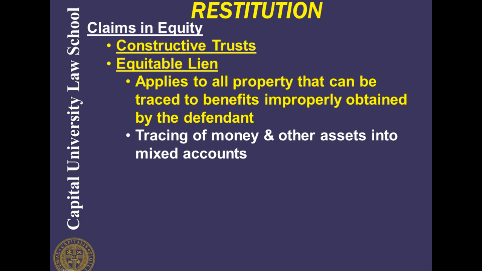And this you can see, for example, if the defendant converts $25,000 that rightfully belongs to the plaintiff and places it into a savings account that the defendant has already placed another $50,000 into previous to the conversion, now the money in the account is $75,000. And the problem that the courts face is to figure out which of that money, $75,000, belongs to the plaintiff and which of it is rightfully the defendant's, especially now if the defendant starts to spend some of it. So the defendant withdraws